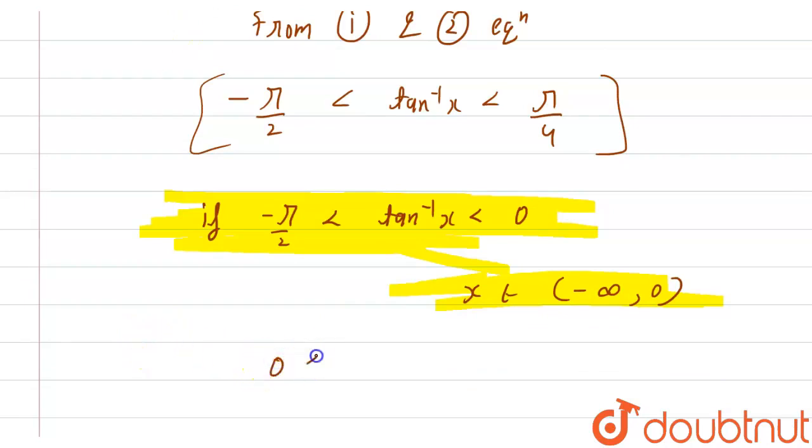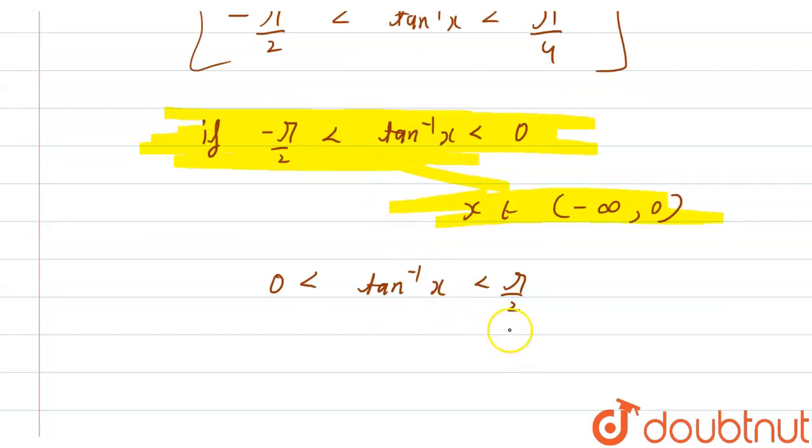And one more identity that is also a part of this identity only. If the minimum possible value of tan inverse x is 0 and the maximum possible value is pi by 4, then the value of x belongs to, sorry, it will not be from minus, it will be 0 to 1. So the value of x belongs to 0 to 1. So this is the one identity which is known.